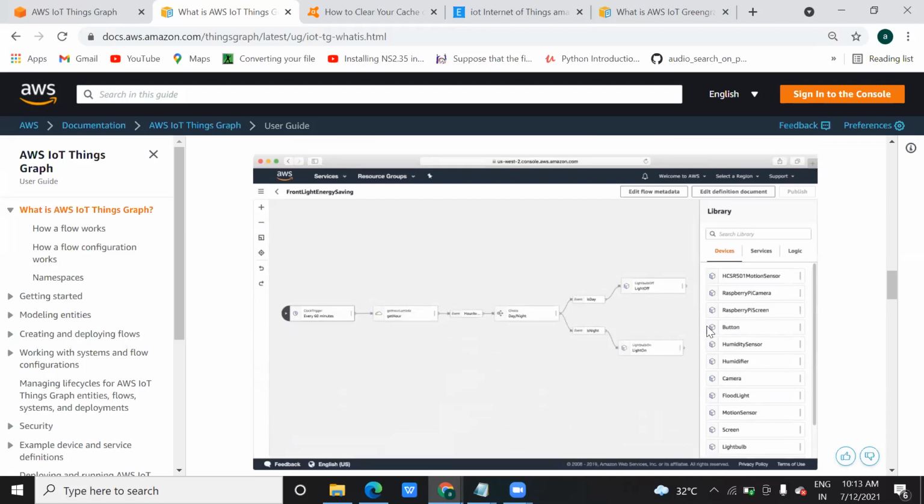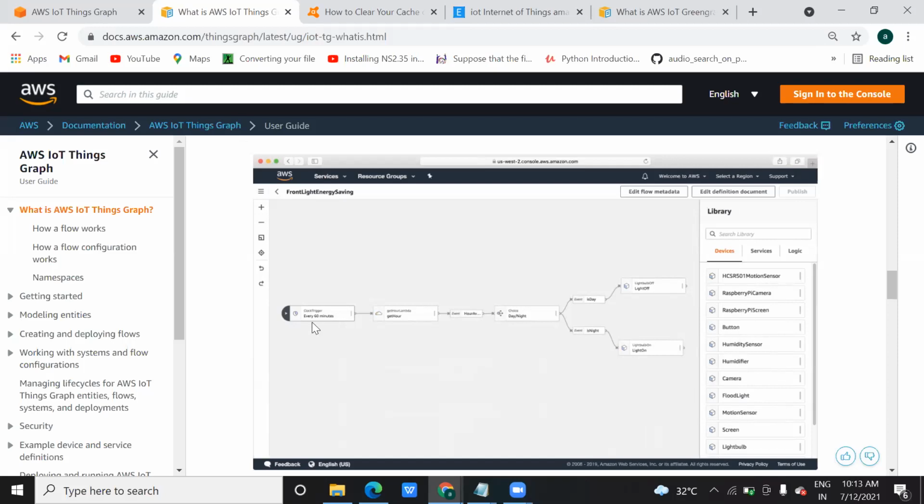This is the screen you can see here. This motion sensor, Raspberry Pi camera, button, humidity sensor, humidifier, camera, floodlight, motion sensor, these are all IoT based devices. You can make connections between them and define them also.